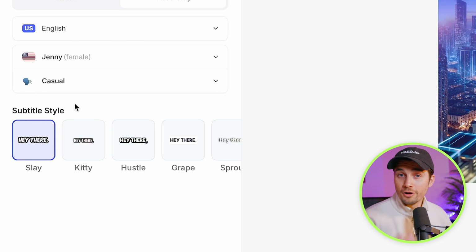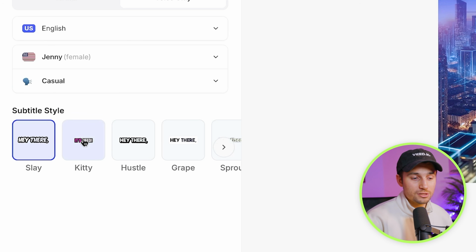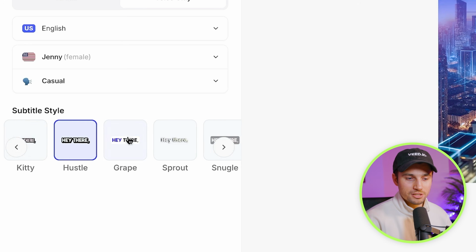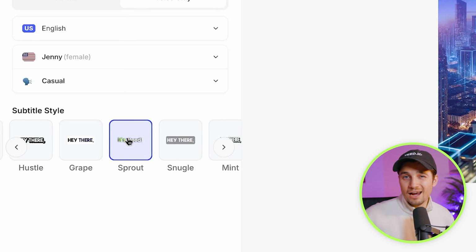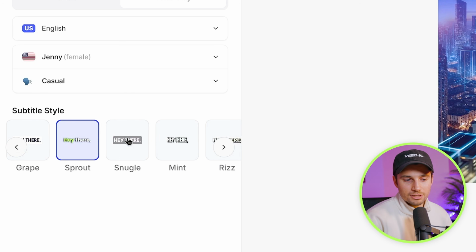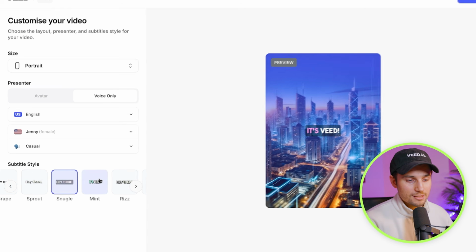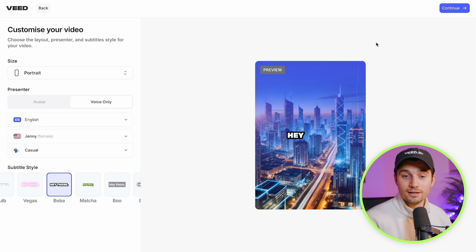So this tool is also going to auto subtitle your video, which is amazing, but you can beforehand choose the type of style that you like with the animations involved. You can also change this after the fact in the editor, but let's say you want to just keep it simple and choose a nice style. You can select one of these. So once you've selected a few options, we can click on continue.